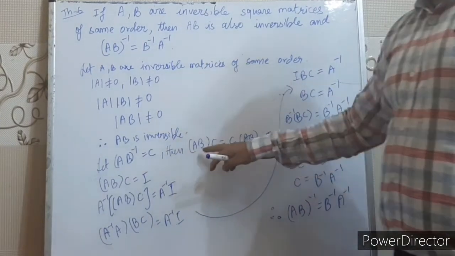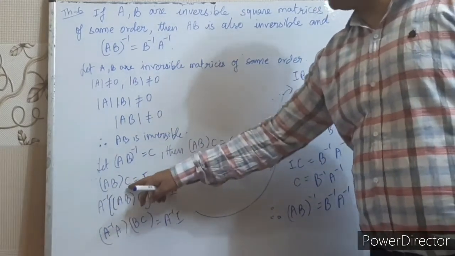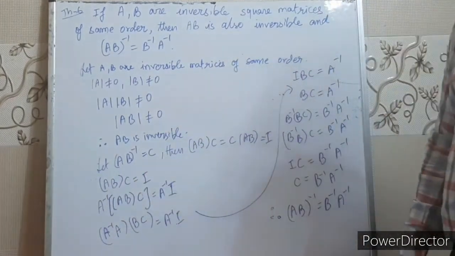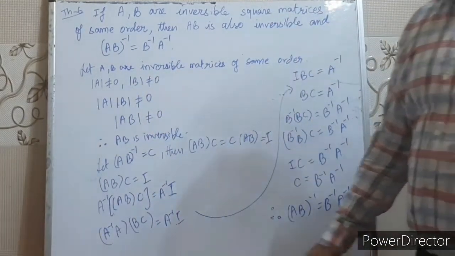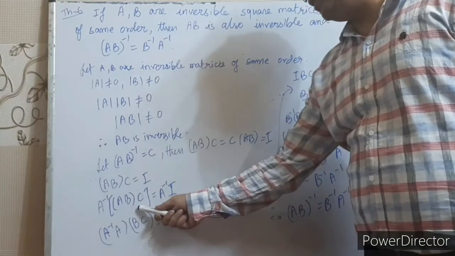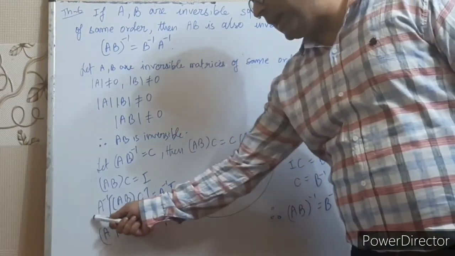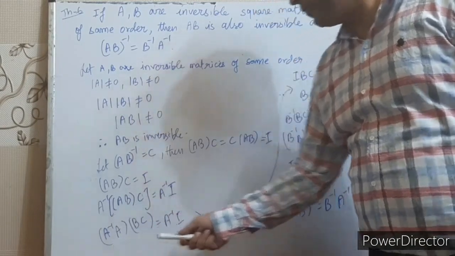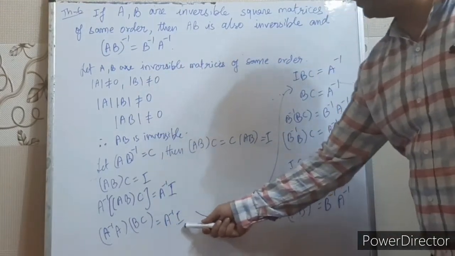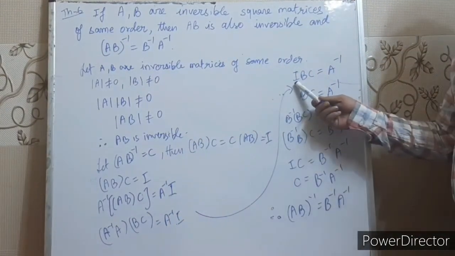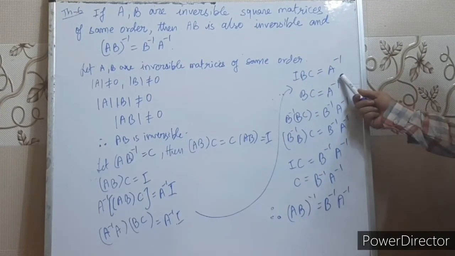Okay. Now let's see this term AB into C, right? If we equate this AB into C matrix equals identity matrix and multiply A inverse from the left hand side, so what we'll get? A inverse into ABC equals A inverse into identity matrix. So you can see that A inverse into A will be identity matrix. A inverse into A into BC equals A inverse into I. So this will be the identity matrix into BC equals A inverse, right?